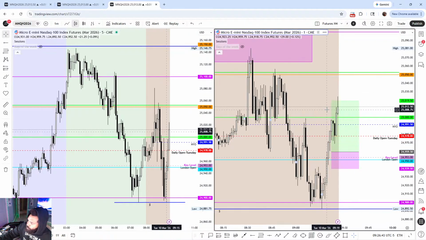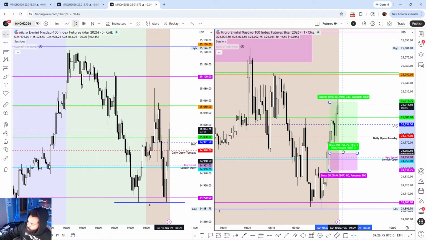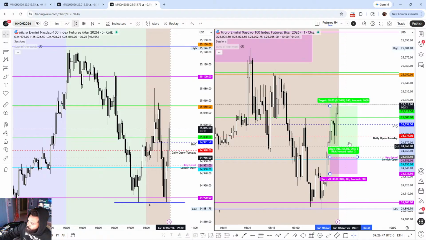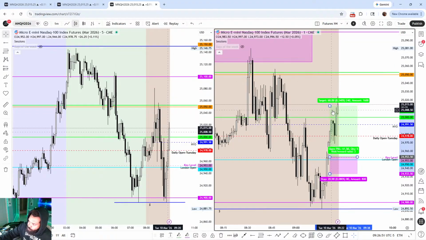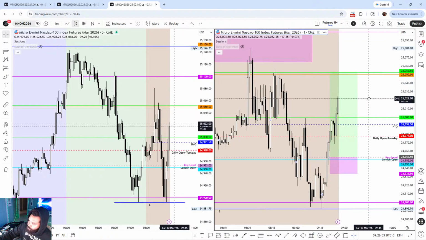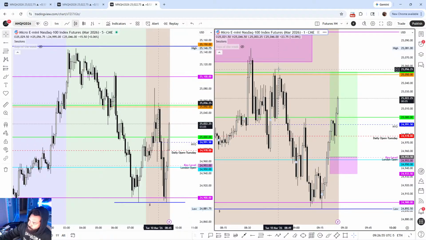Your 1 to 3 should be fairly close. It was a little lower. It was London open. Should be already at 1 to 3 shaved off, and then you're shooting for the 1 to 5R. Okay, so you're just shooting for a break of this high here, essentially the 25.060s.